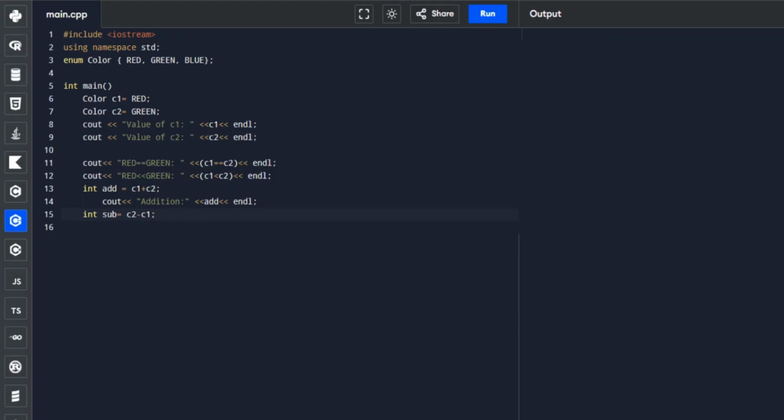Next, let's display it. I think we can just copy and paste this one so it won't take us long to type again and again. Let's just replace this with subtraction, and display the value of the sum.